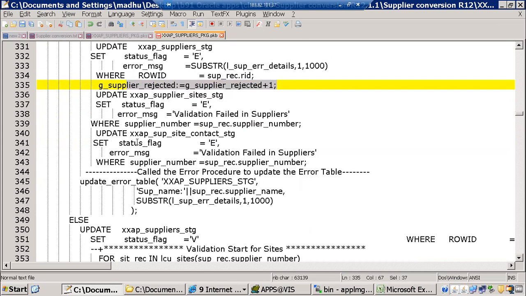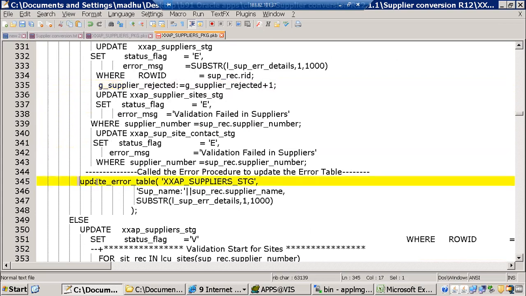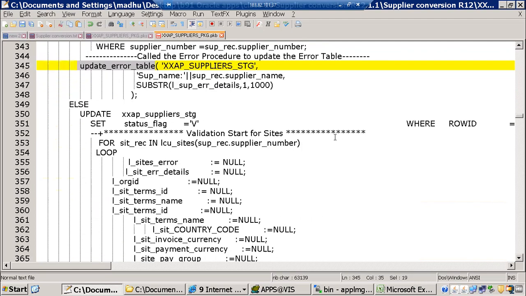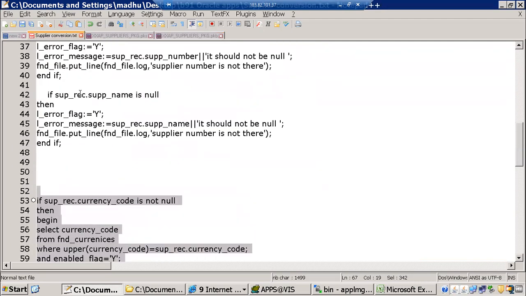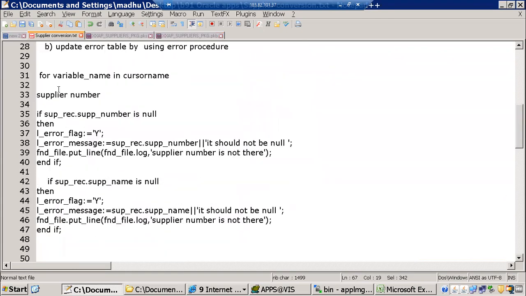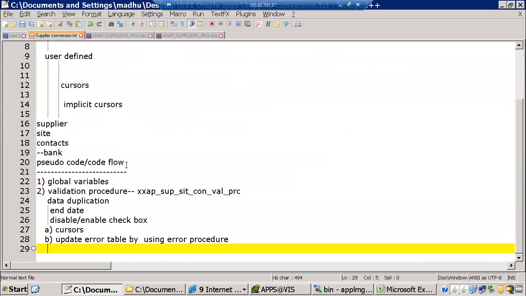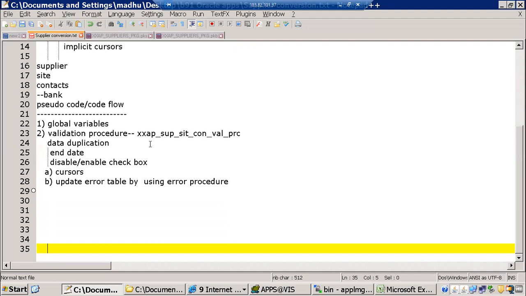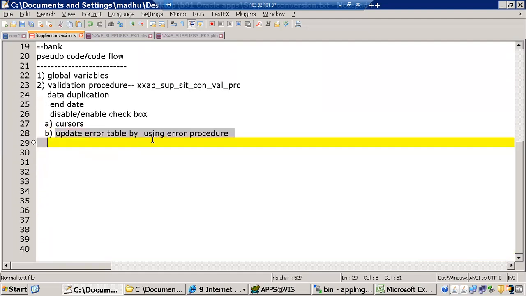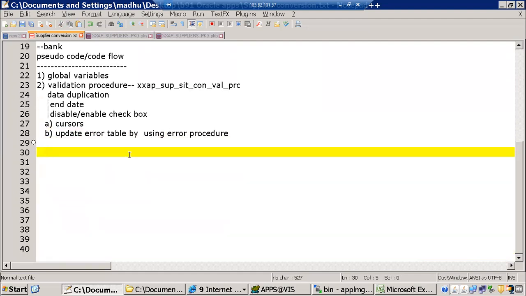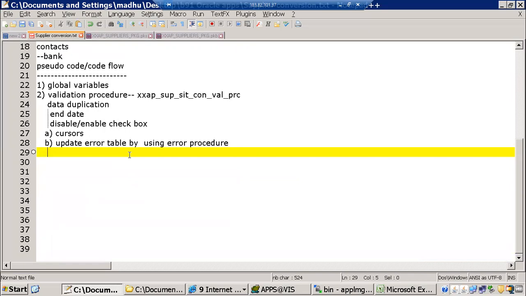If you look somewhere here, this is what it is. It's the error procedure, and initially we have seen, right? Error procedure. Only 3 points we have. I'll remove all these code pieces. So tell me what are the points I need to type here. After updating the error table, the error procedure, the C point, what we did is